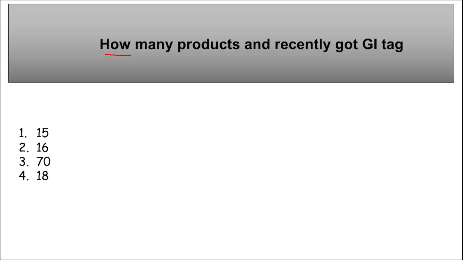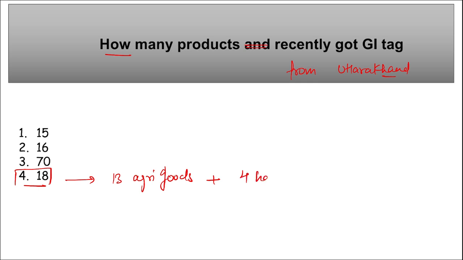Many products recently got the GI tag from Uttarakhand. Right? From Uttarakhand recently, how many products recently got the GI tag? So remember, it is a total of 18 products recently got the GI tag. Among these 18 products, 13 are your agriculture goods. 4 are your handicraft goods,